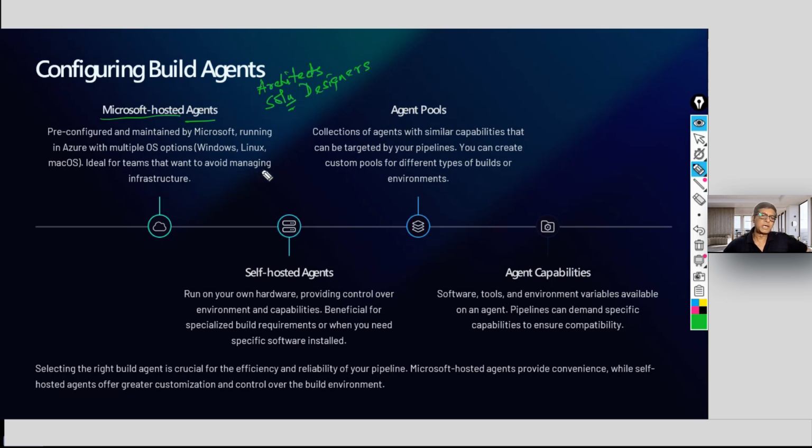So you will say, okay, in that case, we will go for self-hosted agents because we want to customize. We will have our own environment set up, a very specialized build environment. So we need our self-hosted. So we will not go for Microsoft hosted agents. But when we learn to write pipelines, it is better we use Microsoft hosted, because otherwise